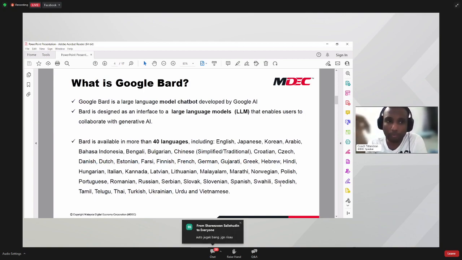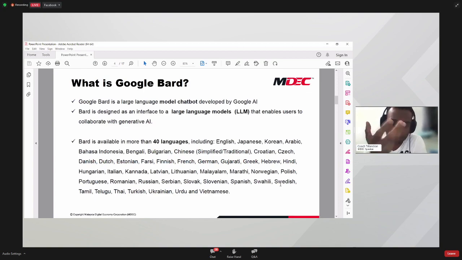Therefore, in order for Google to stay relevant and have a good market share again, they created this chatbot. But just for your info, this chatbot was created way before it was launched.